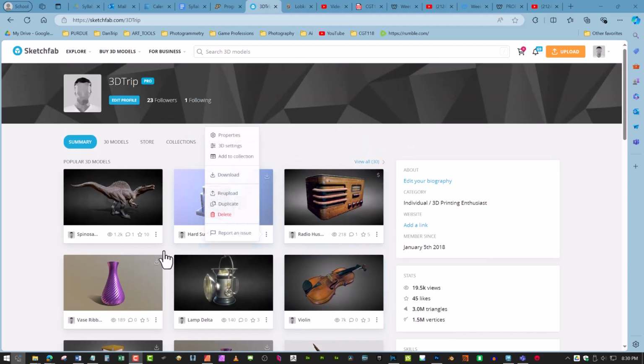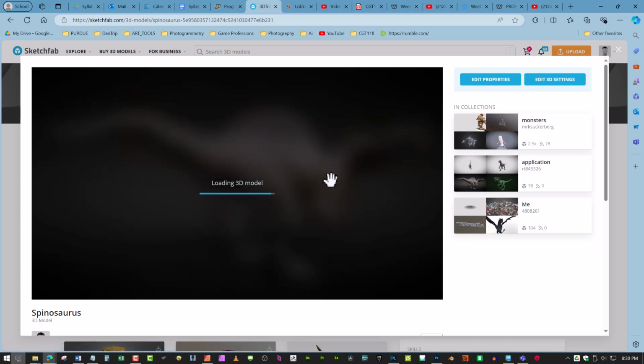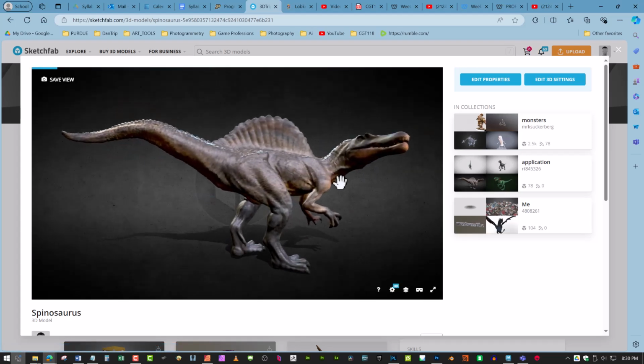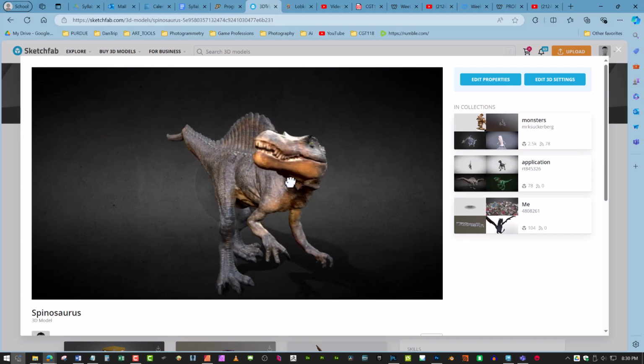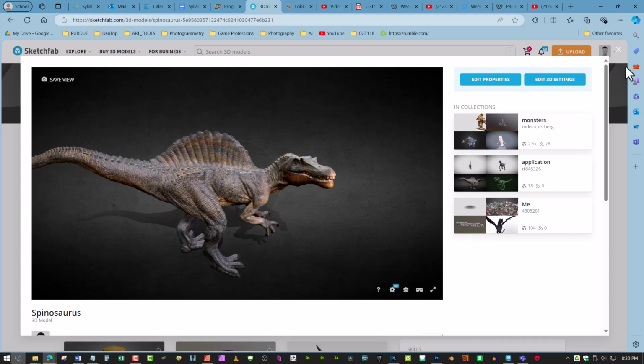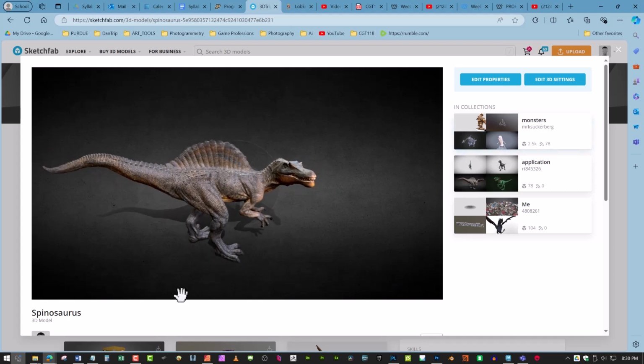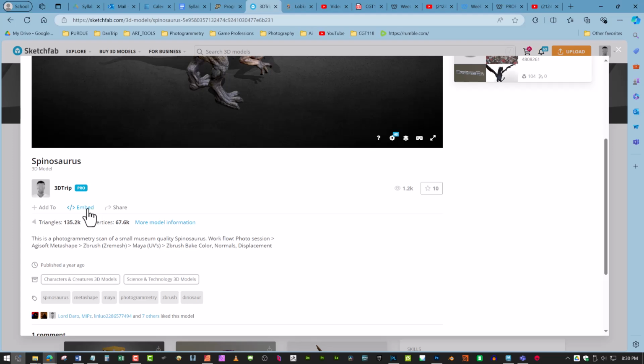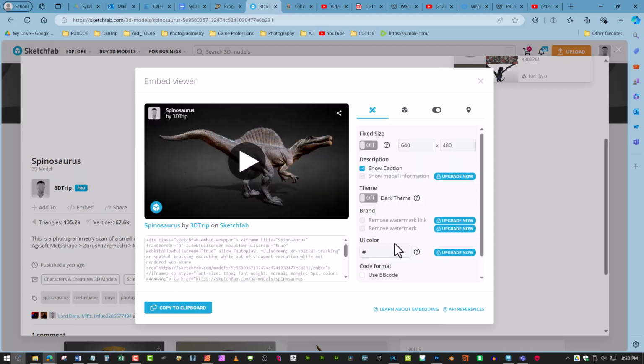So what is Sketchfab? Why are we using it? Sketchfab is a model hosting site, and these are some of the models that I own or that I've done. This is a model that I scanned from an actual museum piece, and I can go ahead and embed this model into my website. So once you've got your website built, we can go ahead, and I usually turn this on too because I like it bigger, and we can copy to clipboard our models,